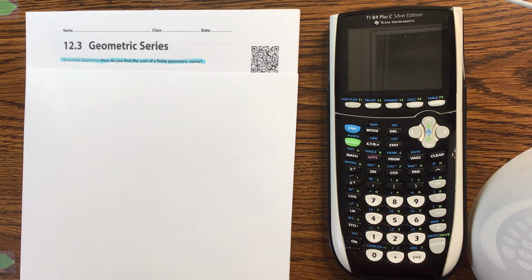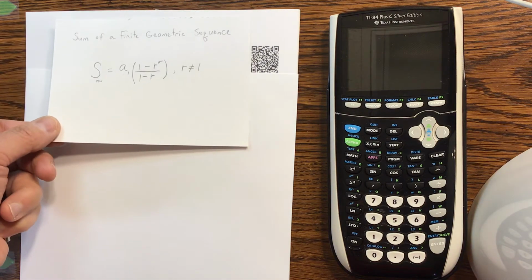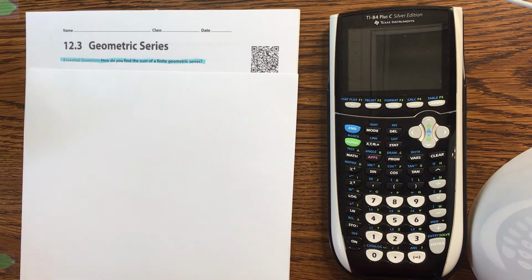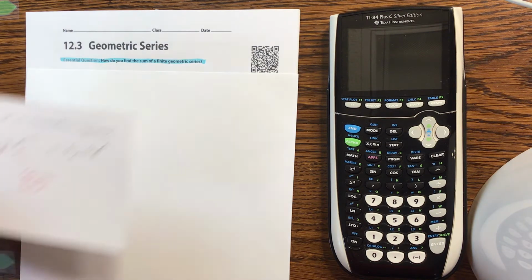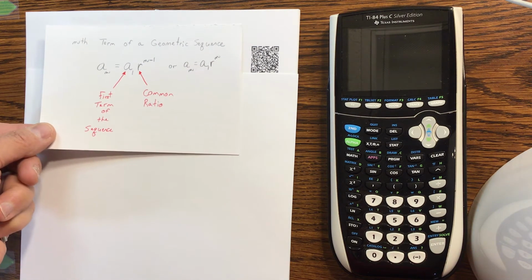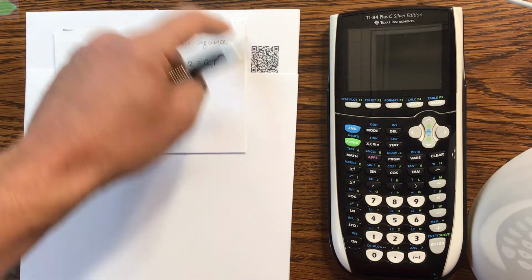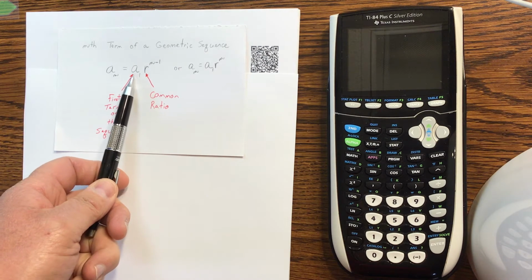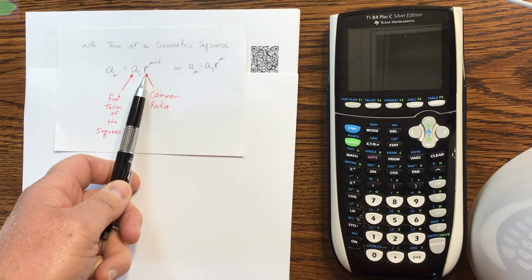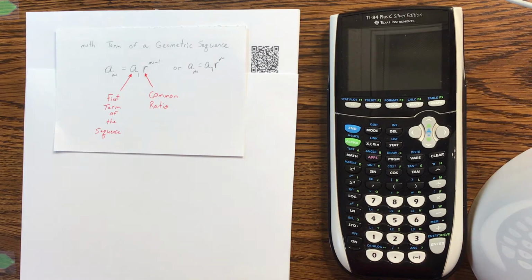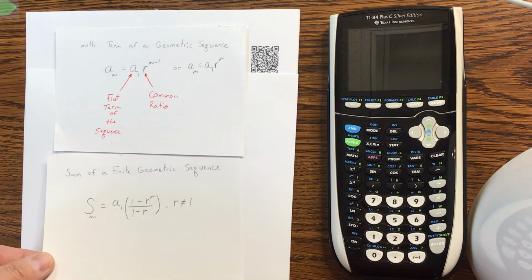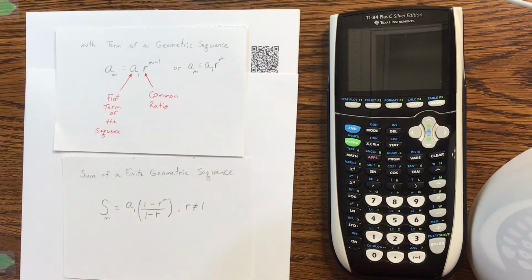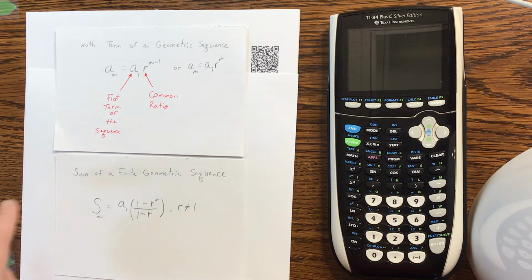Now, before we get into this section, we need to go back and do a little bit of review. In the last section, we dealt with a geometric sequence. And there's two things we need to know for a geometric sequence. One, we need to know the first term of the sequence and the common ratio. When we have that information, we can go on and find a geometric series. So whenever you see the word sum of a finite geometric sequence, that tells us we're dealing with a series